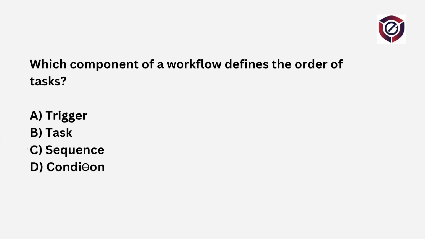Sequence means order, a particular order, like after this task, this should be the next task. That kind of order is defined with the help of a sequence, not any other option such as condition. So the correct answer is sequence, which defines the workflow order or the order of tasks. So the correct option is